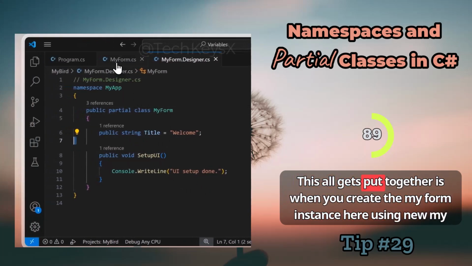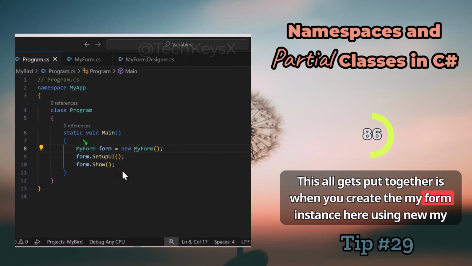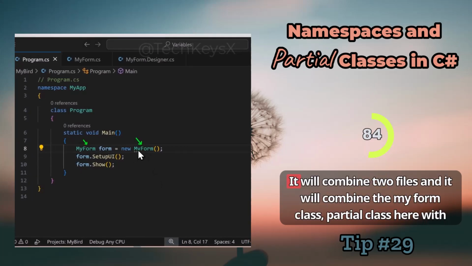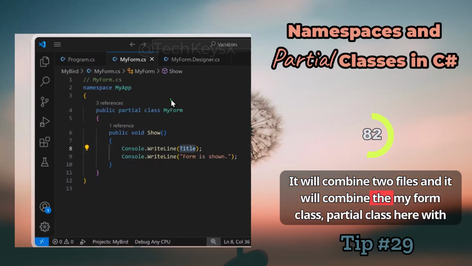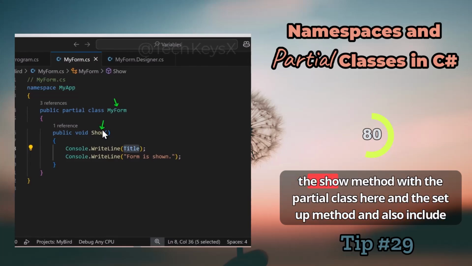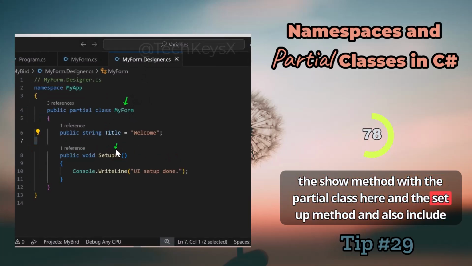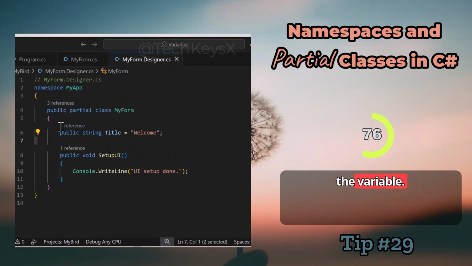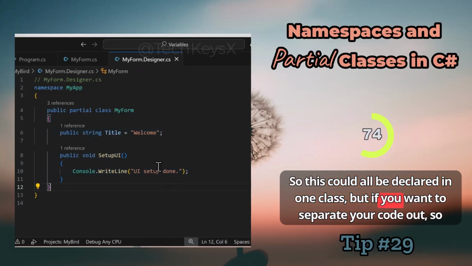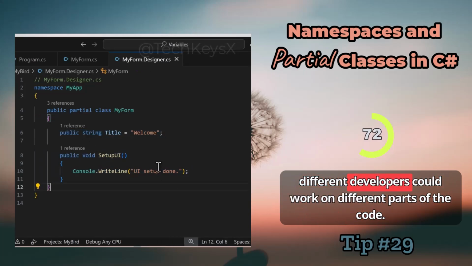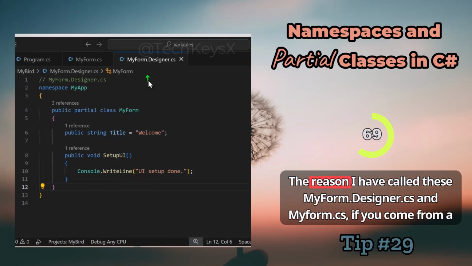So how this all gets put together is when you create the my form instance here using new my form, it will combine the two files. It will combine the my form partial class here with the show method, with the partial class here and the setup method, and also include the variable. So this could all be declared in one class. But if you want to separate your code out, different developers could work on different parts of the code. The reason I have called these myformdesigner.cs and myform.cs